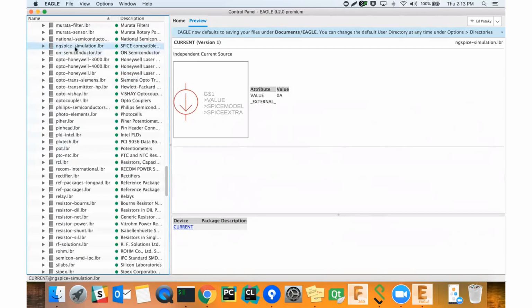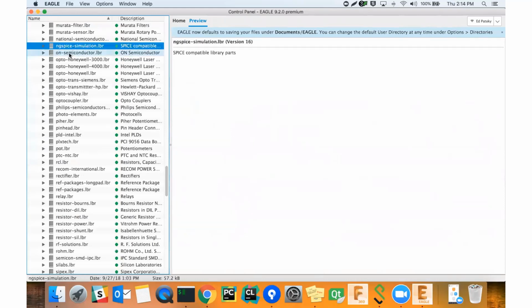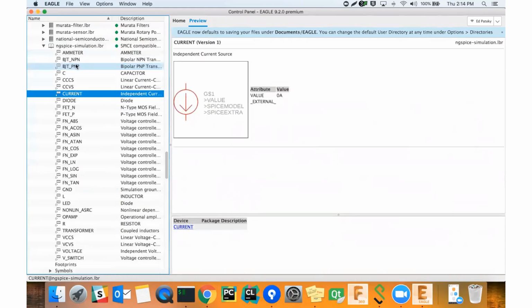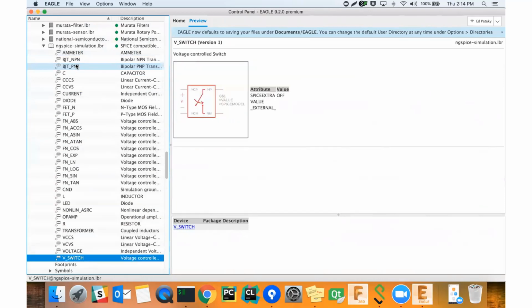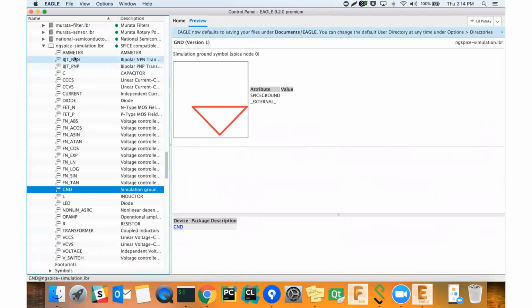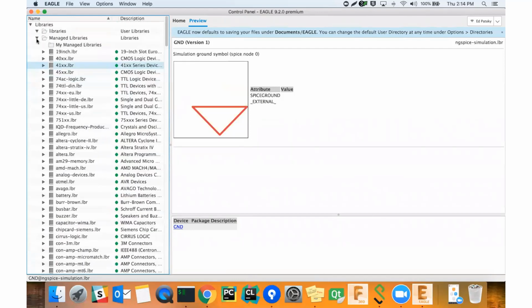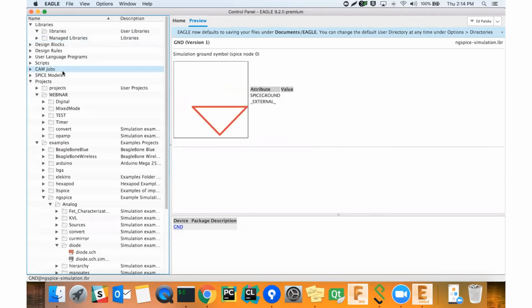So there is this library. This library was introduced when we first rolled out simulation with Eagle. And it's essentially now contains all analog parts. So everything that you see in the NGSpice Simulation library, these are typically used to make pure analog circuits. And we'll go through another library called NGSpice Digital, which is actually not public yet, so you can't see it in the managed libraries yet. It's kind of a preview. I think we mentioned that somewhere in the webinar, but it'll be out very soon, and you'll see that it's a new library called NGSpice Digital, and we're going to talk about how we now support digital simulations as well